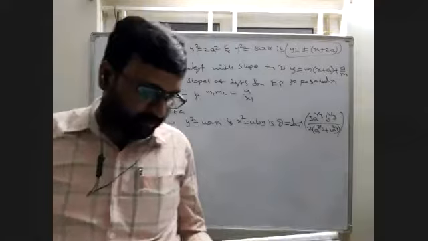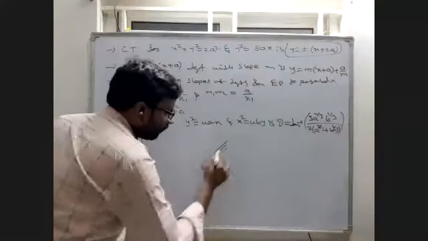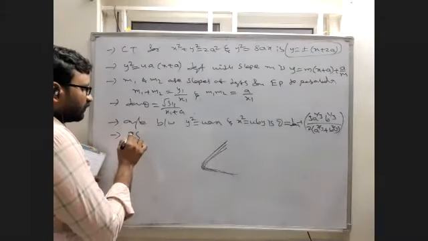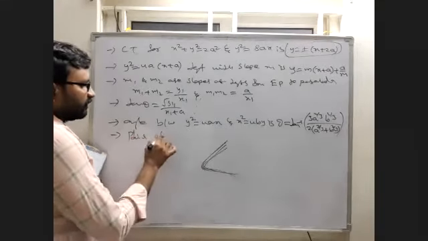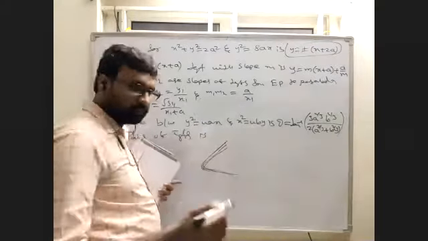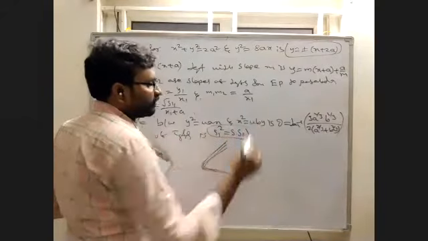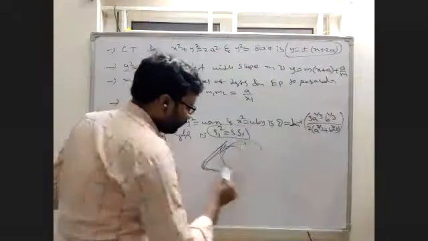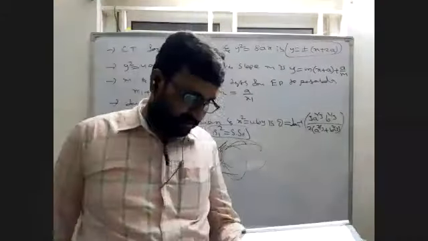Next, equation of pair of tangents. We can draw two, no? And the combined equation of these two tangents we already know in the circle, no? Same that only: S1 square equal to S into S11. This is the formula, same for circle, for parabola, for ellipse. Okay, same formula we will get for the equation of pair of tangents.